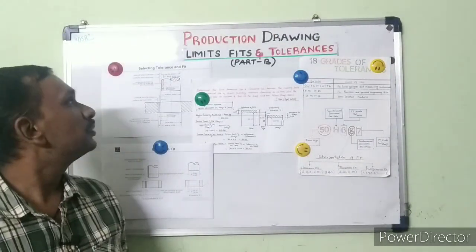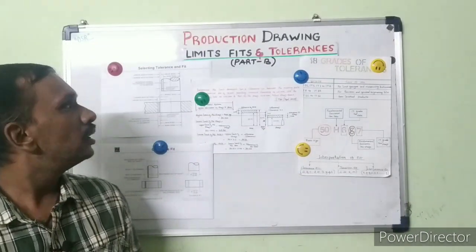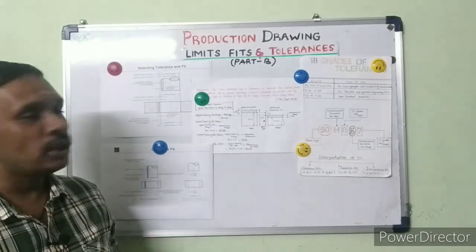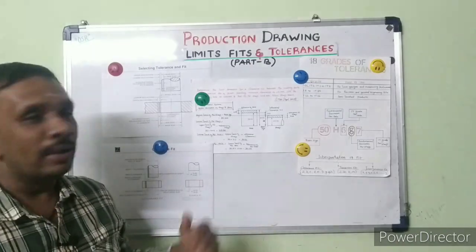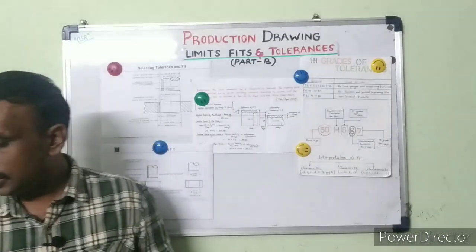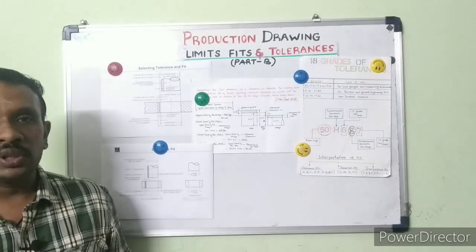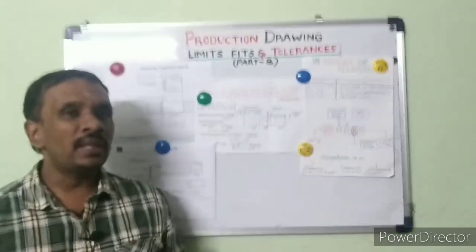So let me welcome you to the series on production drawing that we are going to do in the next subsequent videos. In the last part, production drawing part A, we covered the 20 marks questions, which are the basics like GD&T and tolerances, surface finish and reproduction techniques, etc. So just a recap.